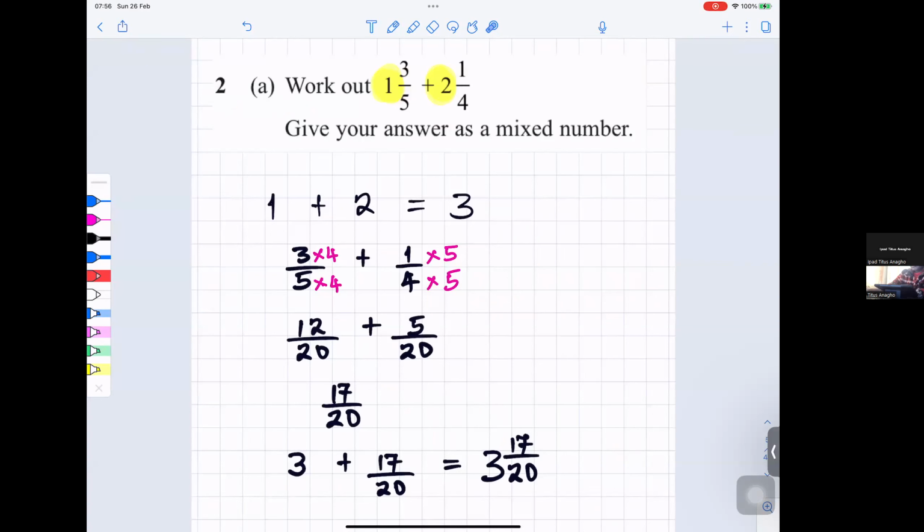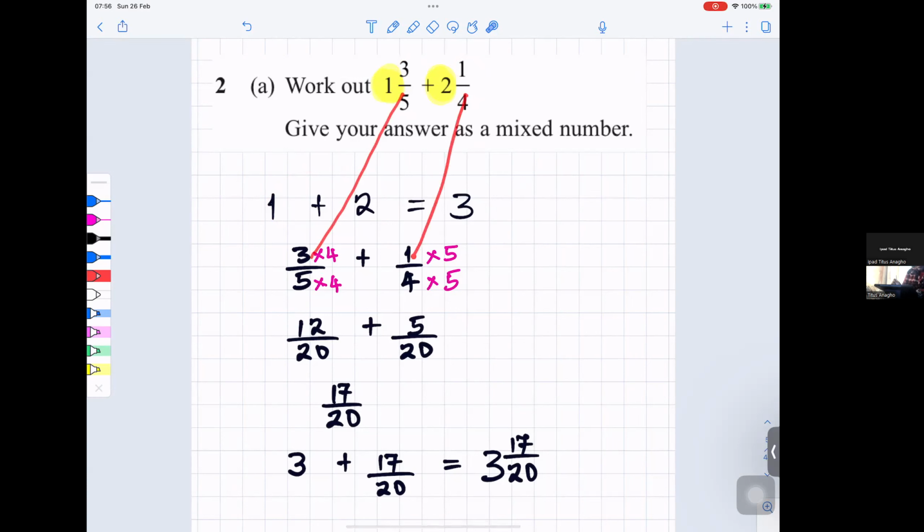Question number 2, part A. Work out 1 3/5 plus 2 1/4. One way to do it, you add the whole numbers together. 1 plus 2. I put them in yellow. 1 plus 2 gives you 3. So I've added the parts which are whole numbers. After that, I add the parts which are the fractions. So you want to add 3 over 5